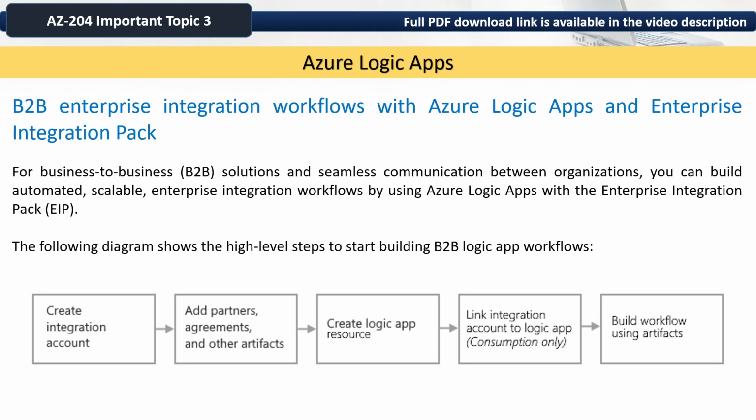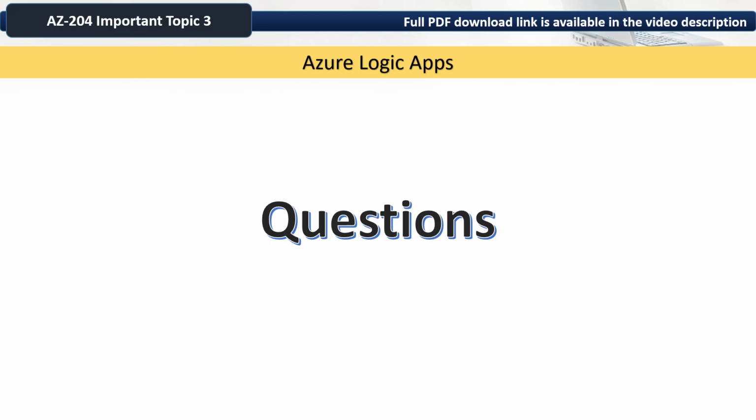The following diagram shows the high level steps to start building B2B Logic App workflows. First, create integration account. Then, add partners, agreements, and other artifacts. Create a Logic App resource. Then, link integration account to Logic App. And then, build workflow using artifacts. To the questions related to this topic,